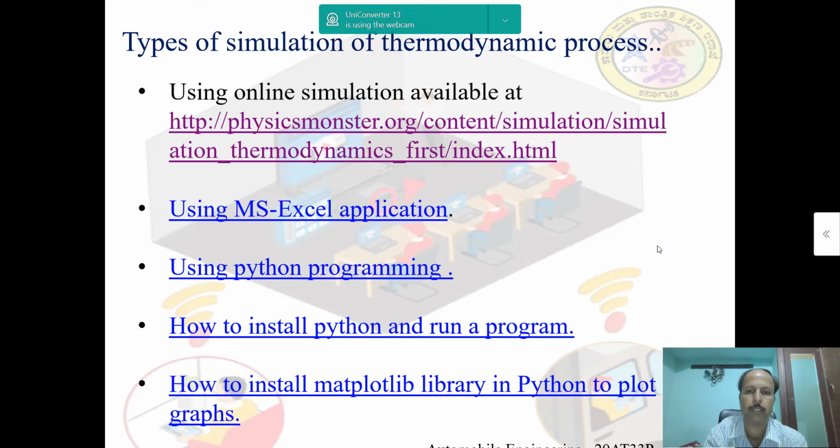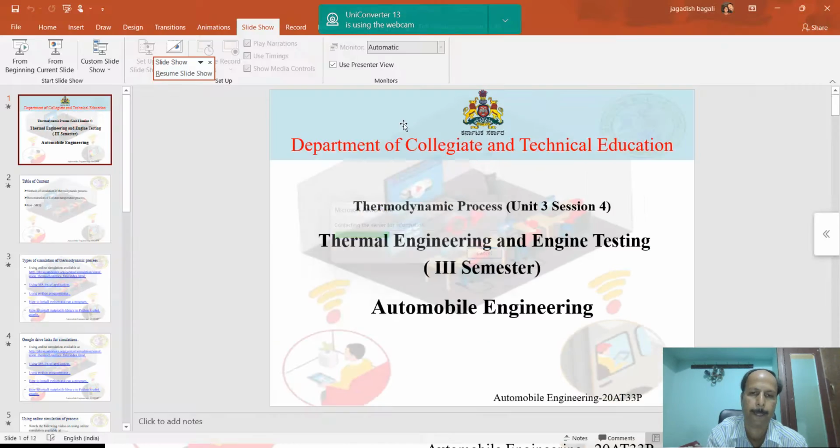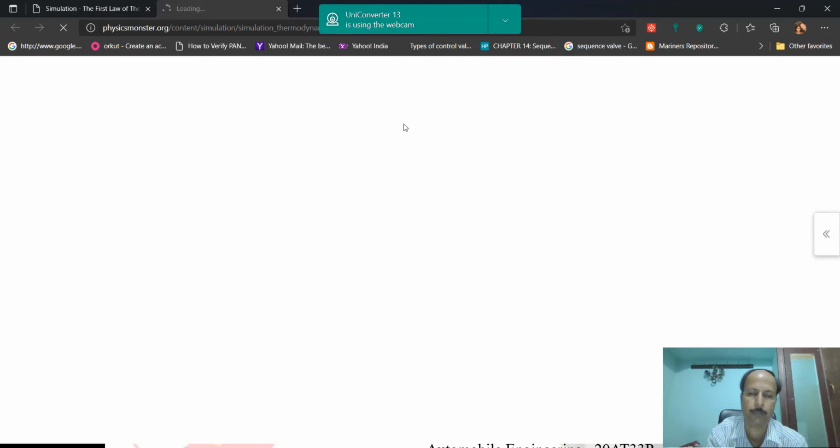Now let us first learn how to run a simulation using the online simulation available at physicsmonster.org. So click on this particular link. Make sure that the computer is connected to the internet. Now you'll be taken to this website.